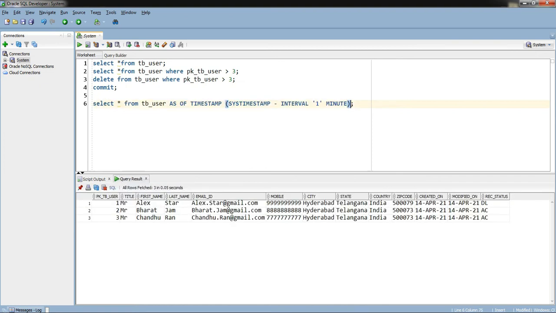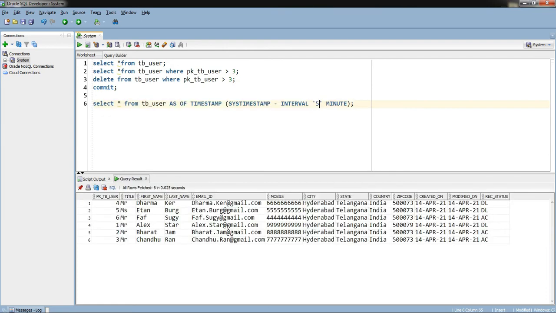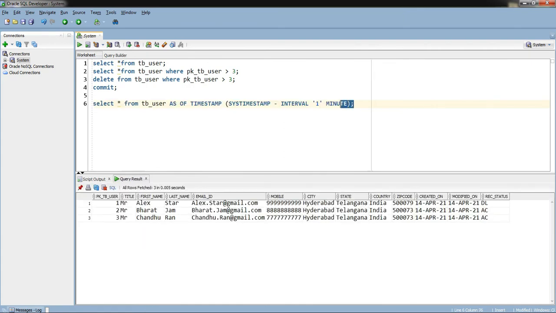If I use this query, right now I only have 3. I will go 5 minutes back. See, 5 minutes back it was there, and 4 minutes also it was there. Means, okay, till 2 minutes back the data was there, but before 1 minute ago the data was deleted. That was the meaning of it. If you wait 2 more minutes, even for 2 it won't return the data. See, now it is not returning the data because the 2 minute interval is over.